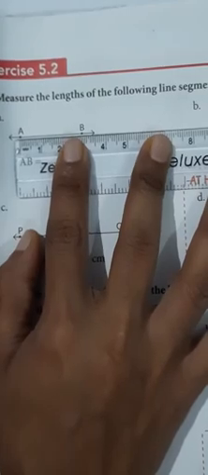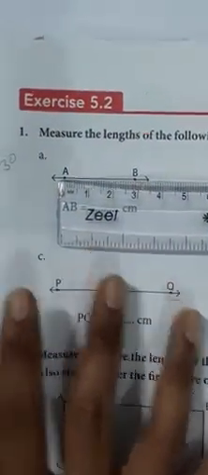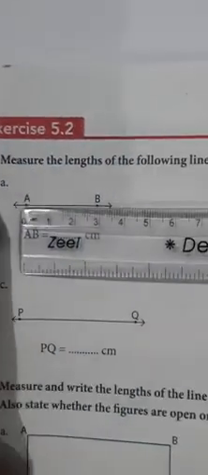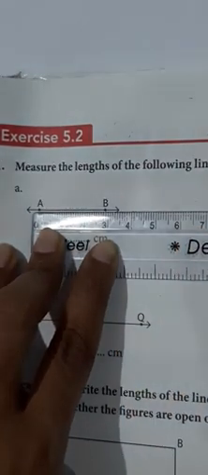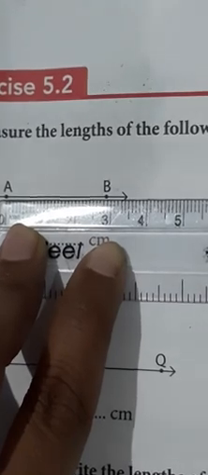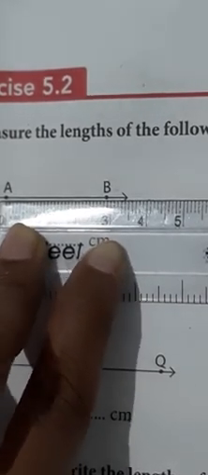Place the scale on 0 and measure like this. When you measure, it is 1 centimeter, 2 centimeter. Here it is slightly less than 3. So a small line is there. When you count